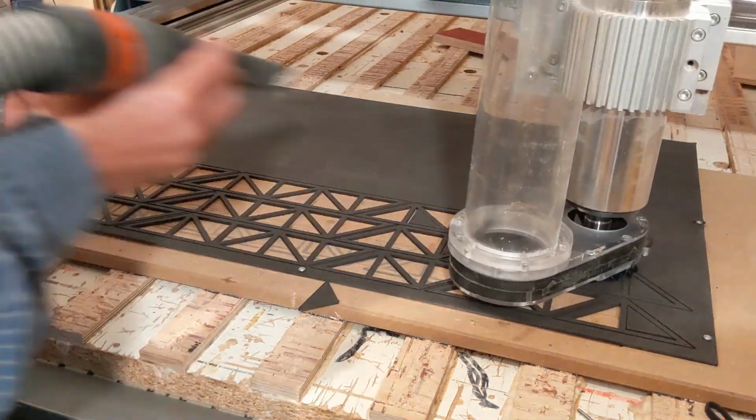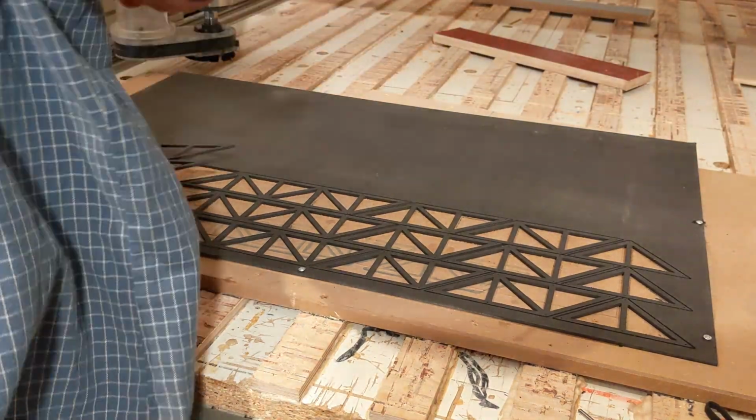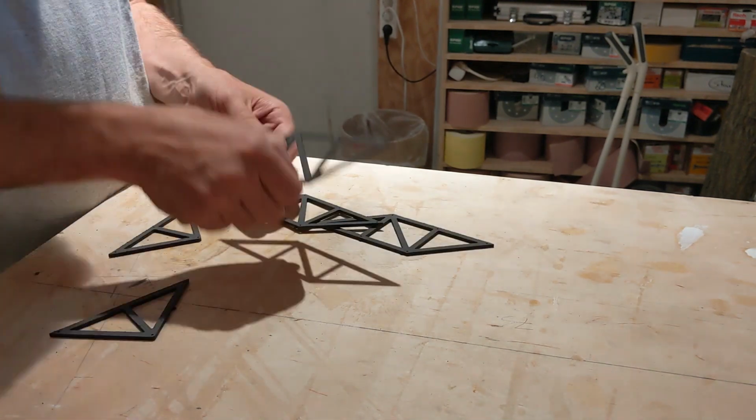dark matter. So I chose to use black MDF and create this black marble run. And what was different this time around was that